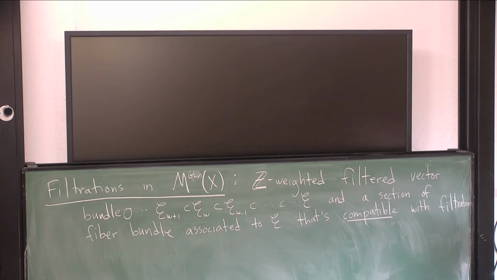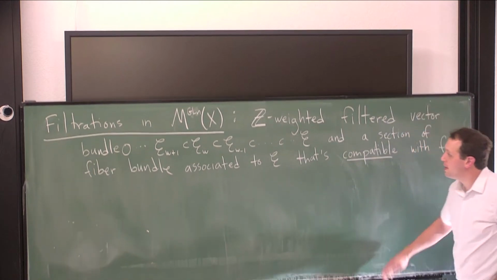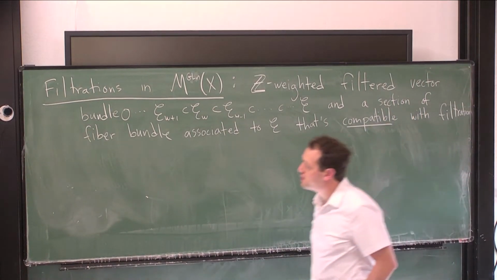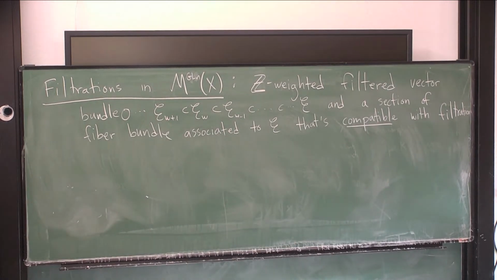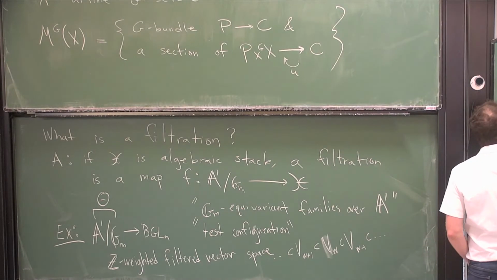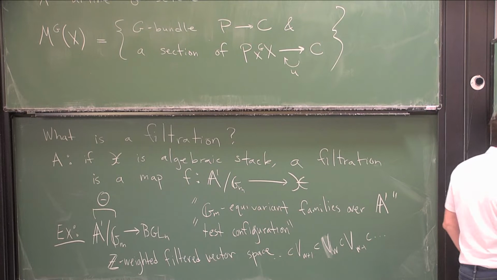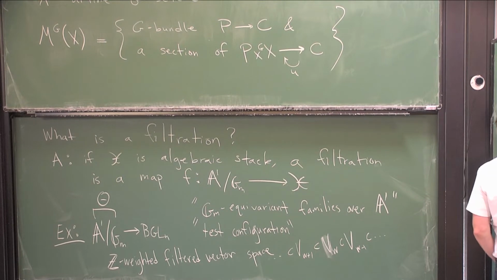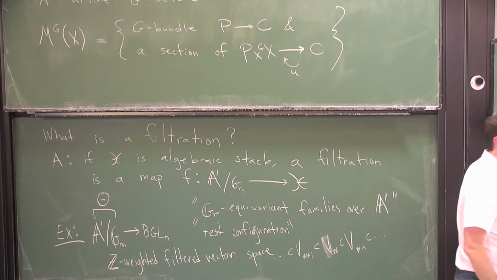There's a general way to say this, but in examples, it's usually just clear what the compatibility means. So it's a Z-weighted filtration. In the example, I don't think I gave this a name, but in the example of algebras over C, this is the one that corresponds to